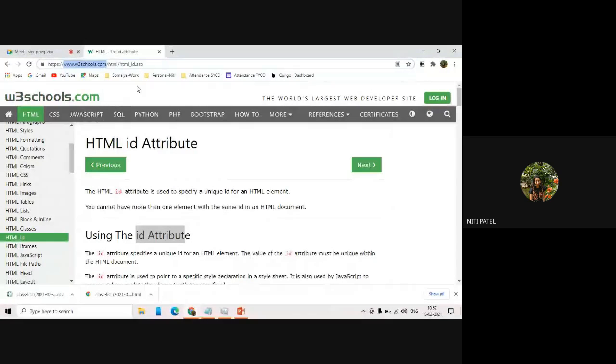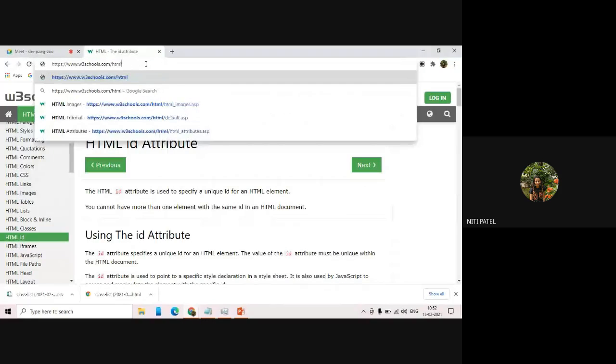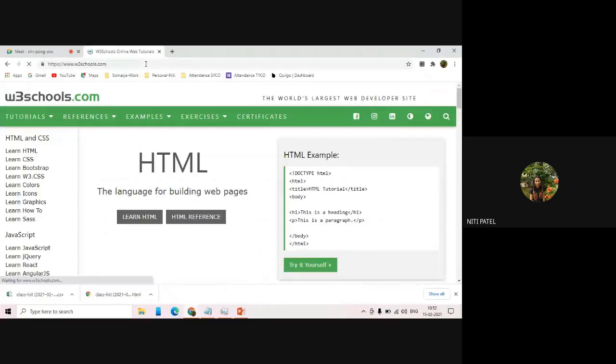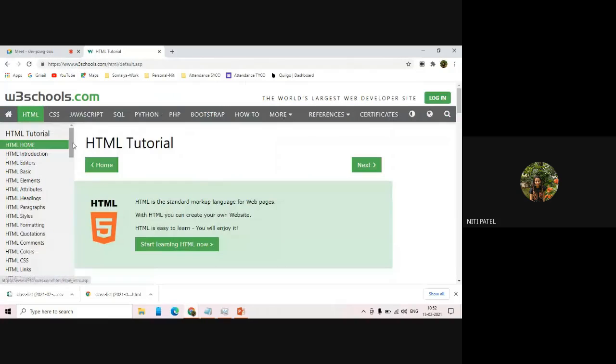I repeat again. Previously I had a link which was only w3schools.com. When I click on w3schools.com, I have n number of folders. Attributes folder, Elements folder, HTML styles is a folder.